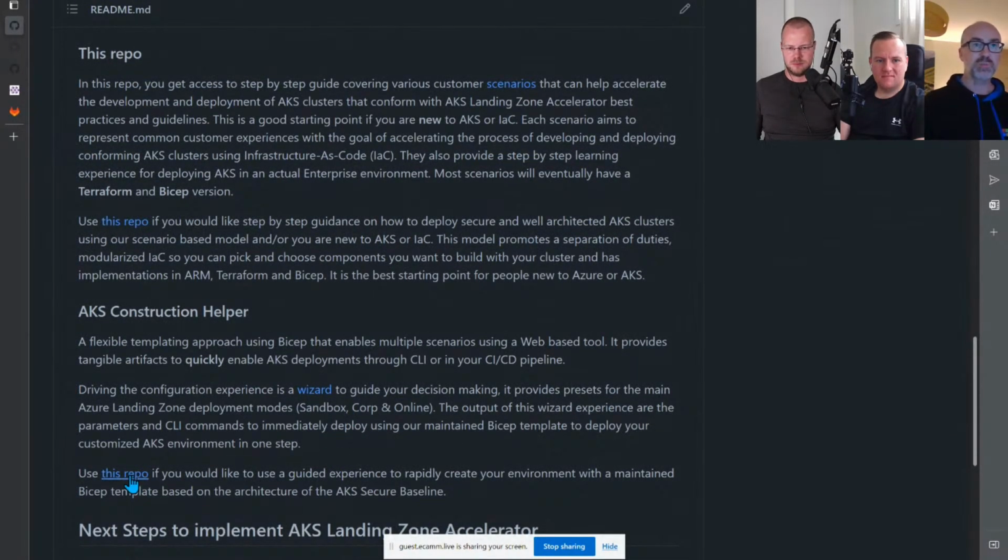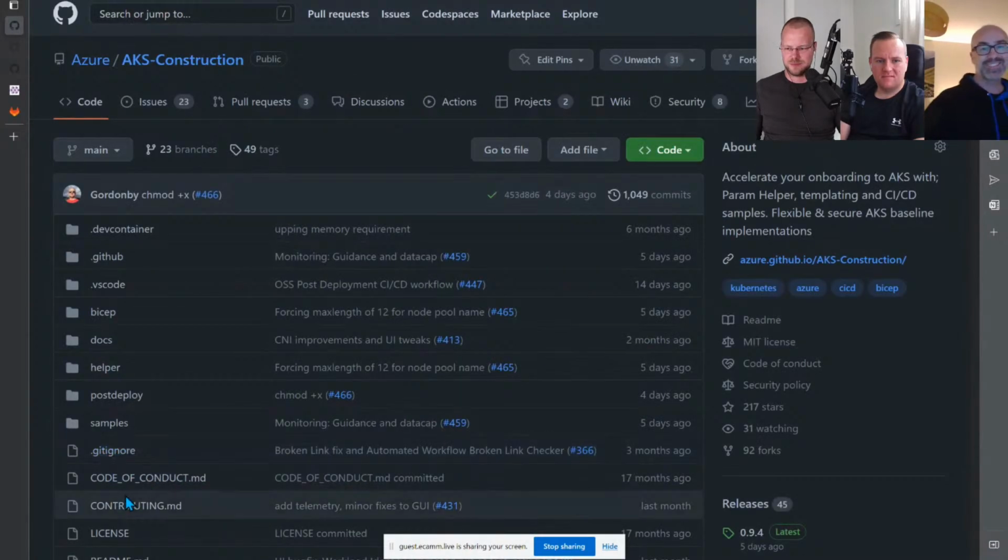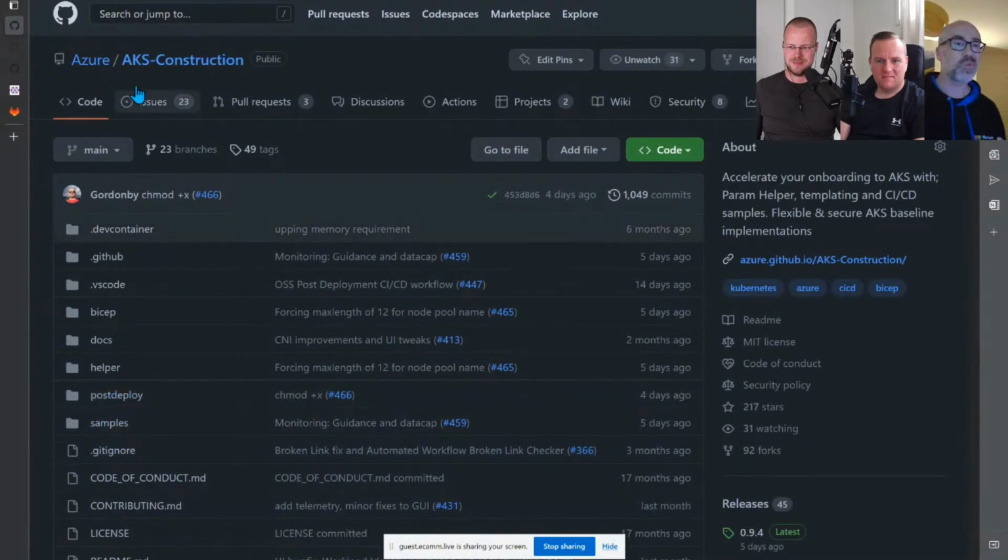And if we jump over again to another repository, we've got all this landing inside of AKS construction. So this, at this point, is quite a mature project. We've been running it for about 2 years, it feels like. And this whole thing started 2 years ago, but it all started with a guy called Keith Howling, who's very much still involved with this project.